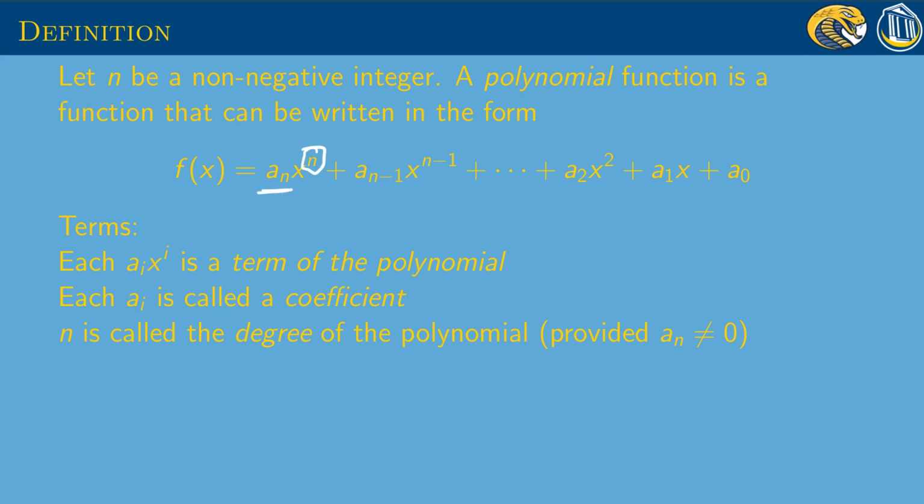unless this coefficient is 0. And finally, this a 0, remember we could write it as a 0 times x to the 0, but we don't usually do that. That's called the constant